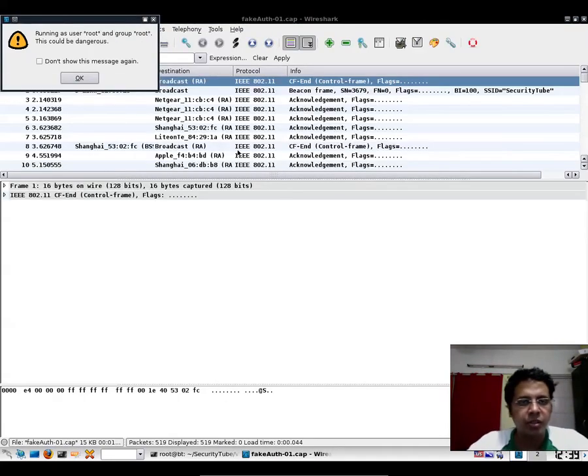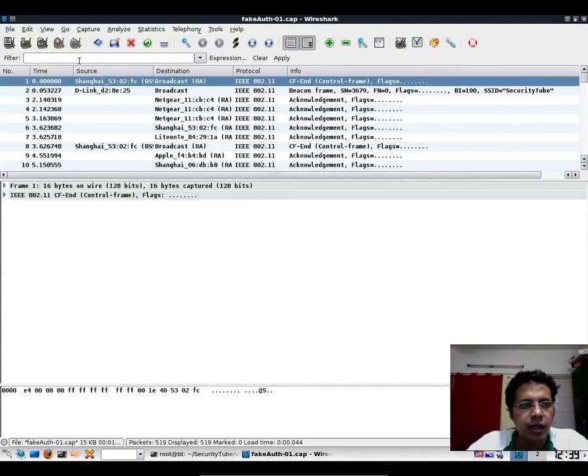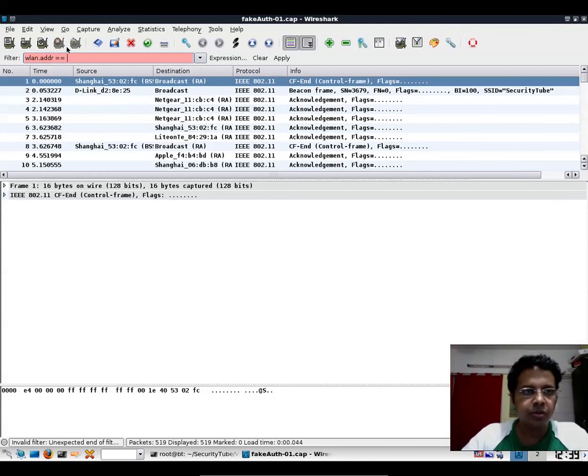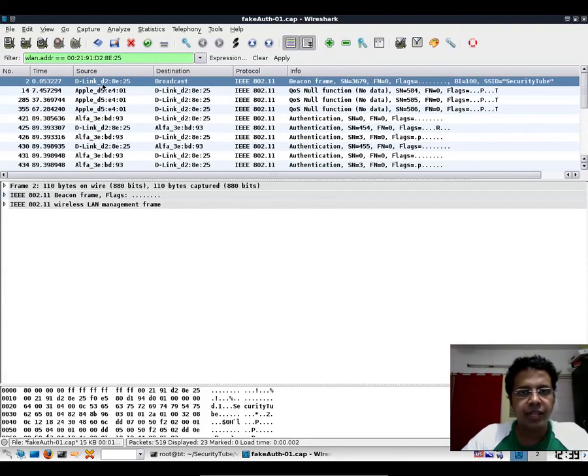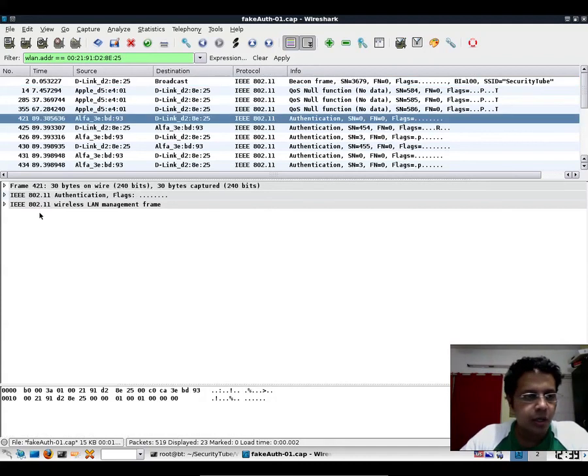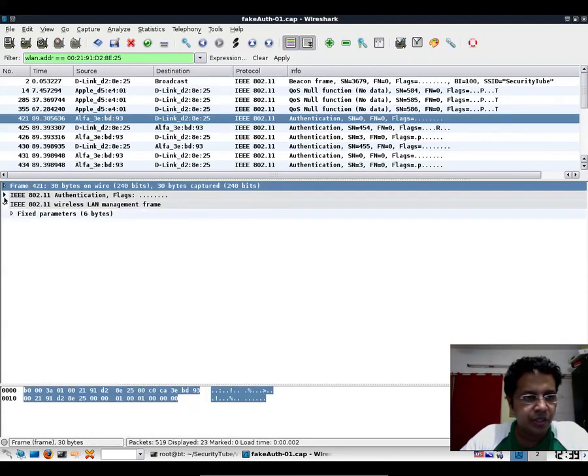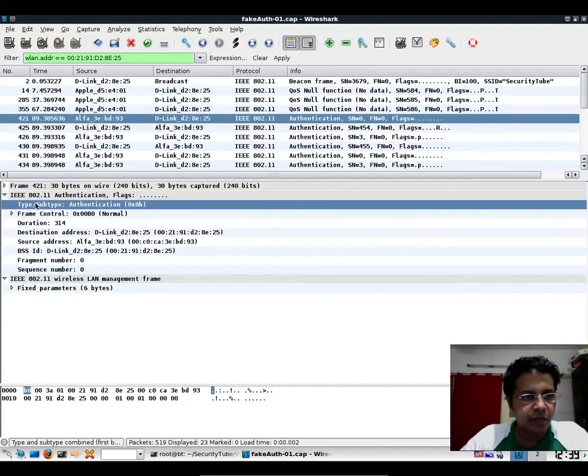in Wireshark, and what we are really interested in is wlan.addr equals the MAC address of the access point, and now what we are really interested in is the authentication kind of packets.